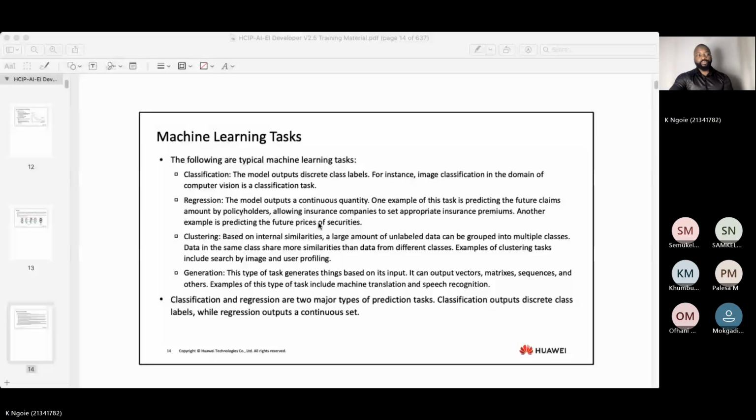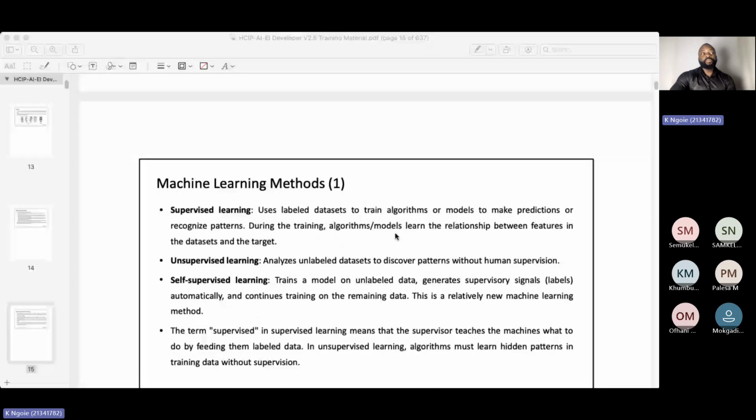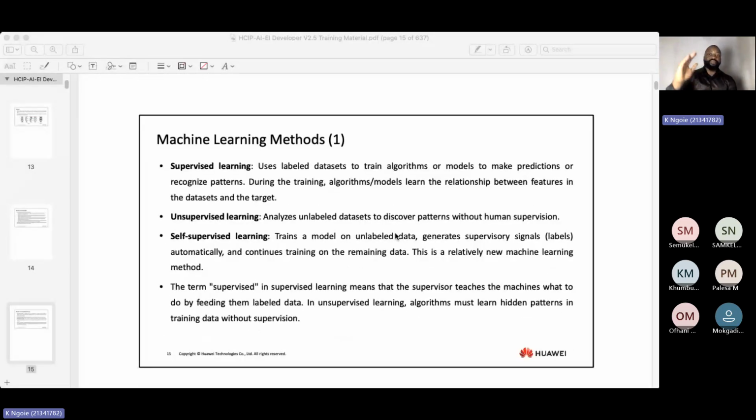Okay, but when we look at most of the issues that we're solving, the two major prediction tasks are classification and regression, because there are many cases where AI is using either classification or regression. All right, so machine learning, as we solve this task of classification or regression, the machine needs to learn from the data in order to be able to predict future output. But that means we need to teach the machine.